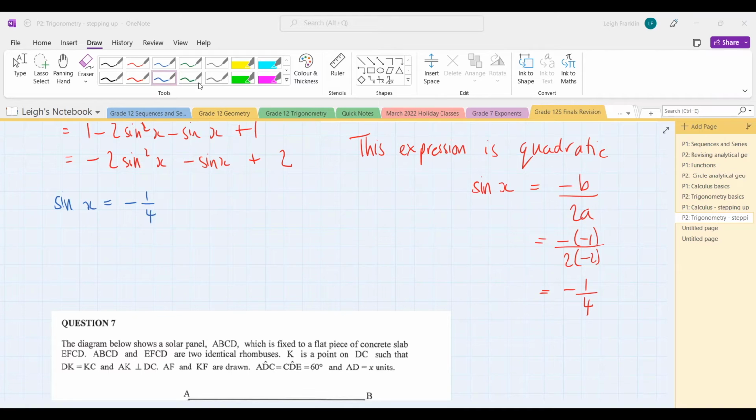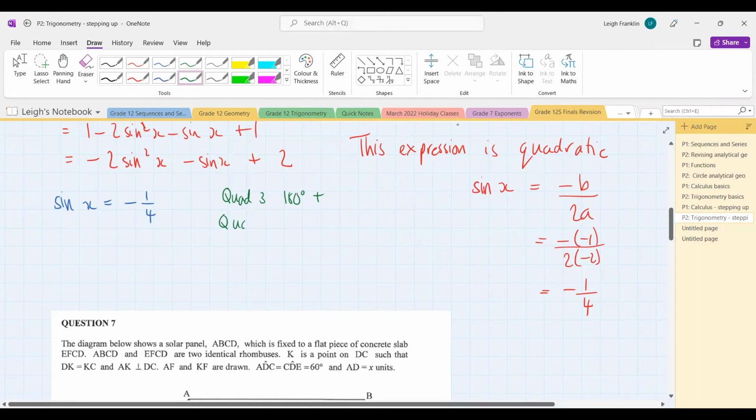So for quadrant, this is not something that you would write down, but I'm just putting it on the page. In quadrant 3, you would use the reduction formula, 180 plus, isn't it? Okay, good stuff. In quadrant 4, we would use the reduction formula, 360 minus. Okay, so what we need to do here with our value of x is we need to say either x